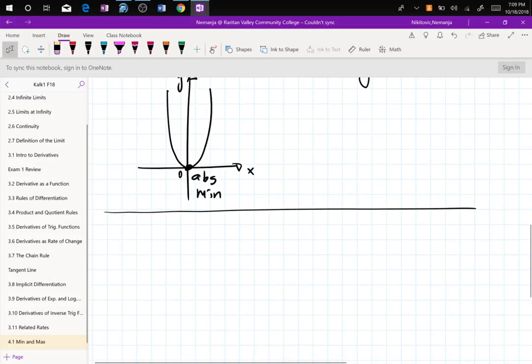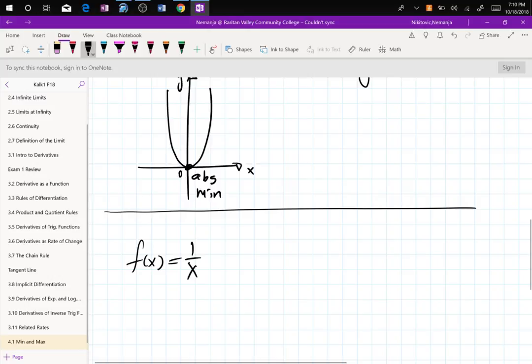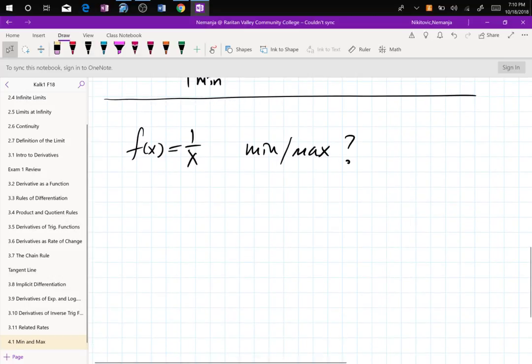Is it always smooth? Smooth calculation. The answer is obviously no. Right? You run into the funny situation that f of x is given as 1 over x. What's the min max there? Well, you know what to do. Find the derivative, set it equal to 0. See what happens. So to find the derivative here,